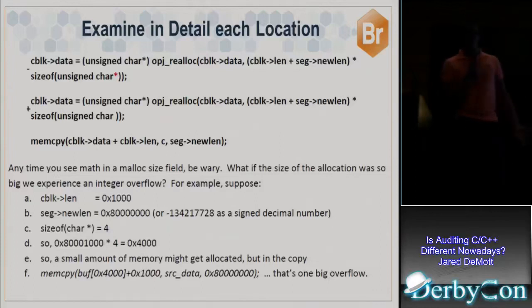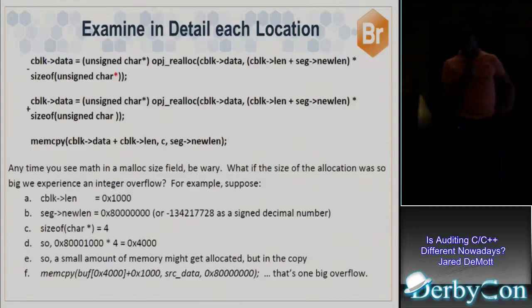And normally that's fine, as long as you do that same math in the copy. But the problem is, and this is a pattern I've seen before and I'm sure it'll come up again, where they do math in the allocation, but then when they go to do the copy, they don't do the same math. If they did the same math, everything would be fine. You'd end up with the same size for the same buffer. But when they do the copy, the memcpy copies data plus len, using the input with this new len, which you could specify, which was 80000 hex. So you've got some very big copy and some small buffer, based on an integer wrap type issue, because they didn't use the same math in different places.